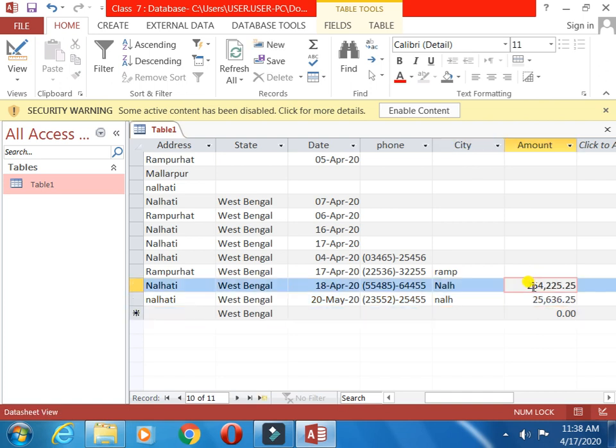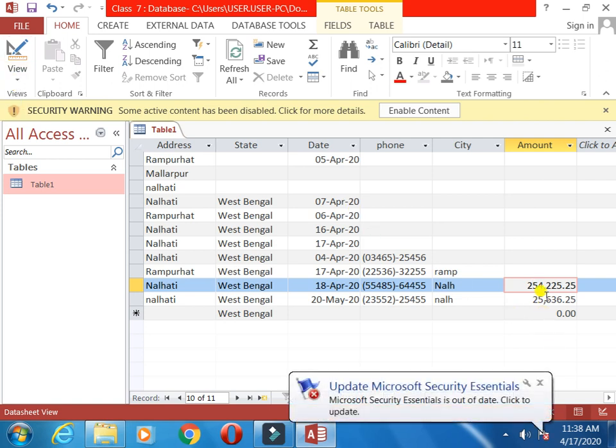Now you can see the dollar sign is not coming. The previous one I did not change, now I changed it, and now you can see it is coming.